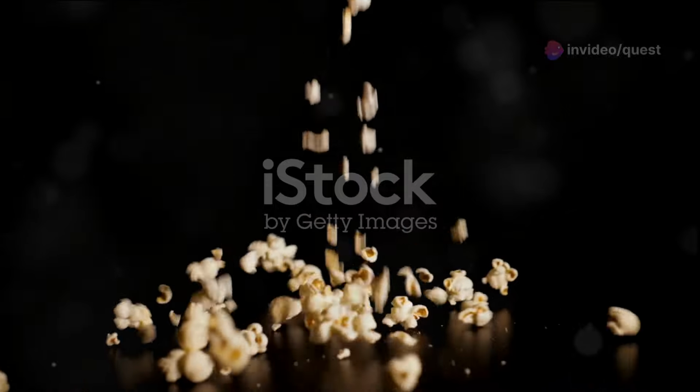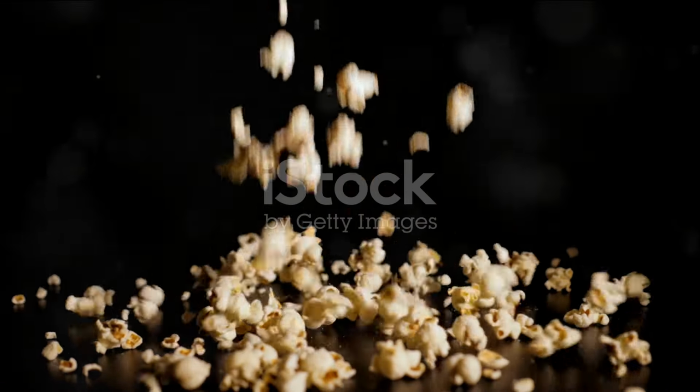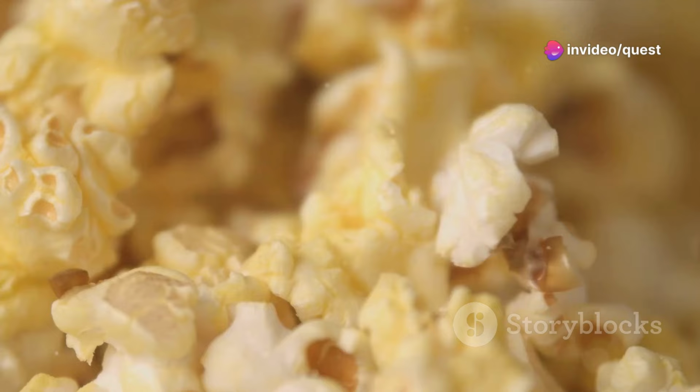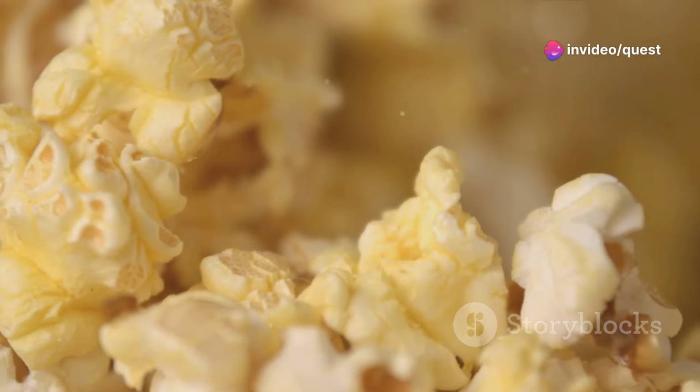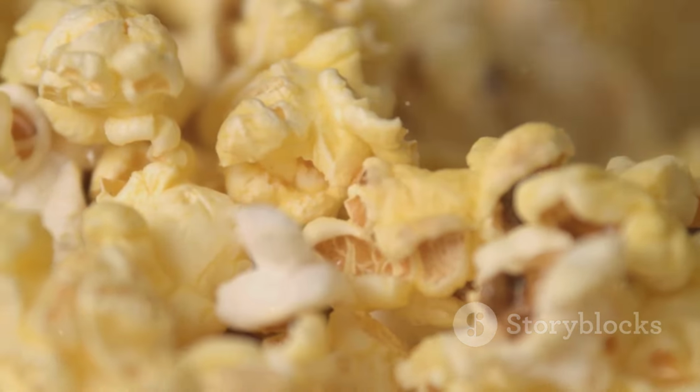Picture this. You have a box of popcorn kernels. You heat them up, and they begin to pop. Now, you can't predict exactly when each kernel will pop, but you do know that over time, about half of them will have popped. This is the essential idea of half-life. It's the time required for half of the atoms in a sample to decay, just like half of your popcorn